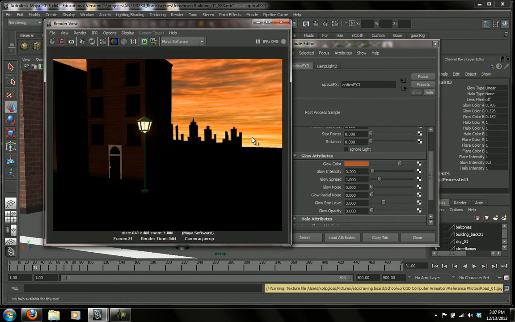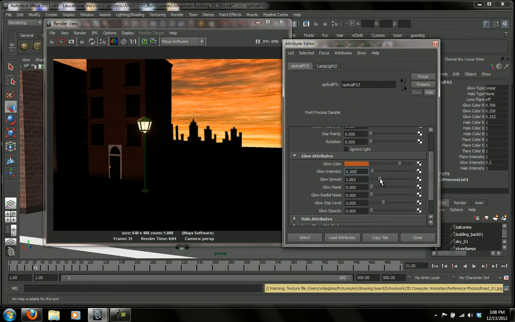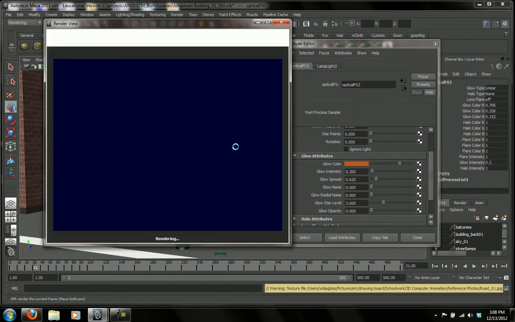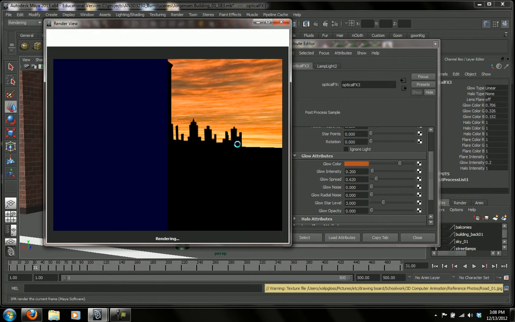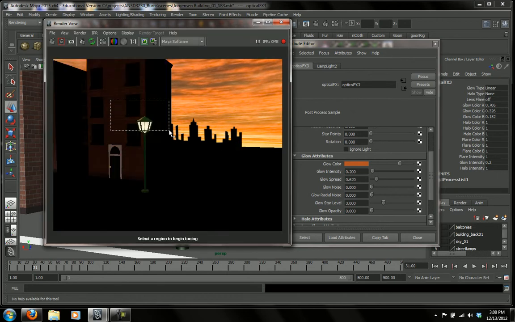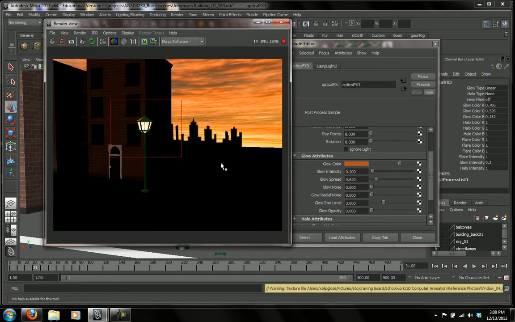And you can see that the glow color is a little bit more orange. It's very subtle. Let's bring down the spread a little bit. And one thing I'm going to do is an IPR render, so maybe this takes a little bit longer at first, but this is a good way to test out your settings. If you open up your IPR render, you drag on an area that you want to look at,